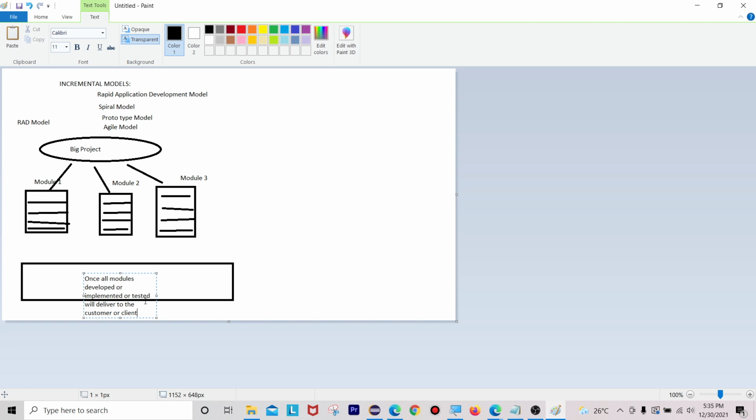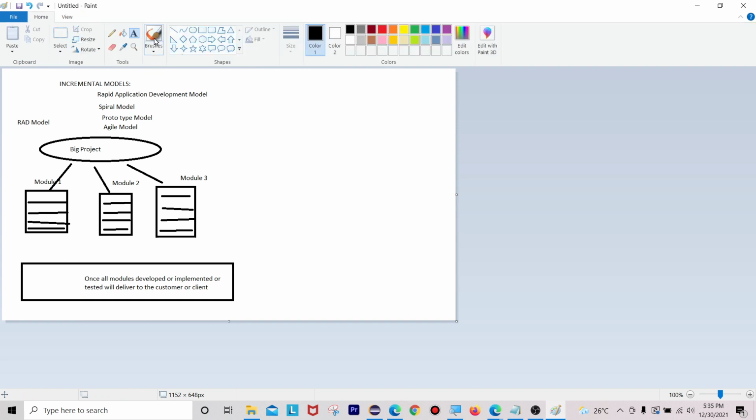Once everything is completed, only then you deliver the developed application to the customer, in a shorter time.